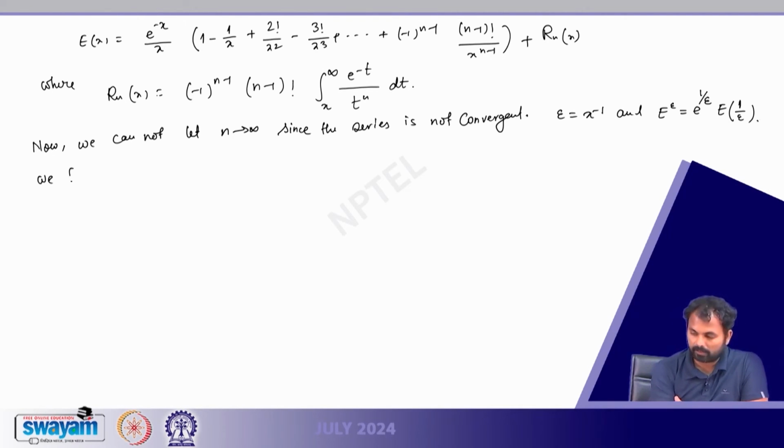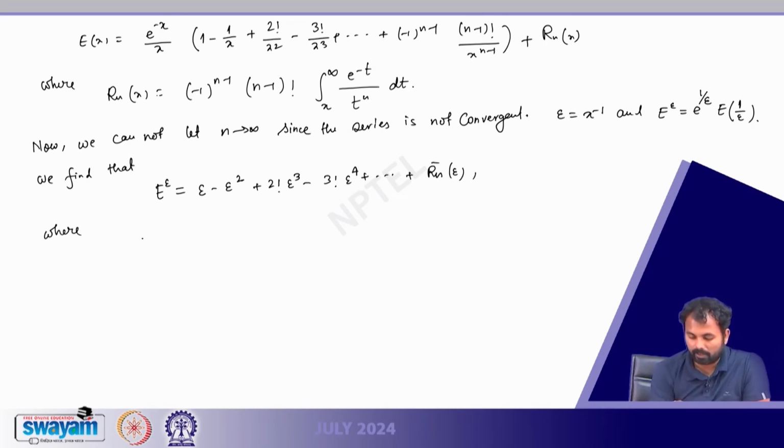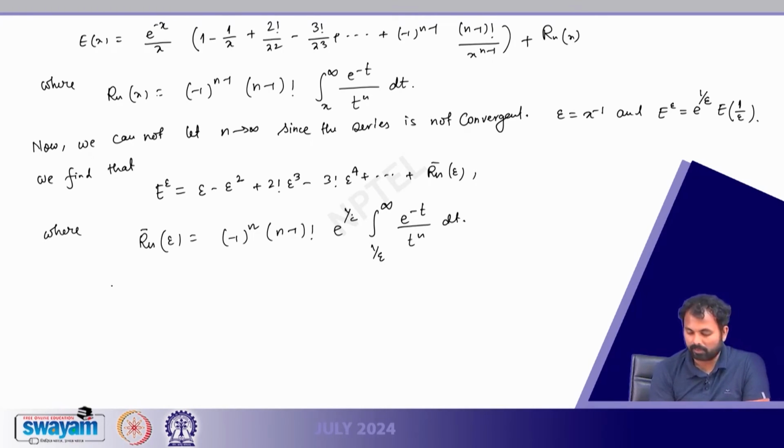we find that E of epsilon is actually epsilon minus epsilon square. So, just substitute the values, and this will be 2 factorial times epsilon cube minus 3 factorial epsilon to the power 4, and so on, plus R n bar of epsilon, where R n bar of epsilon equals minus 1 to the power n, n minus 1 factorial e to the power 1 by epsilon, integral from 1 by epsilon to infinity of e to the power minus t by t to the power n dt, and also